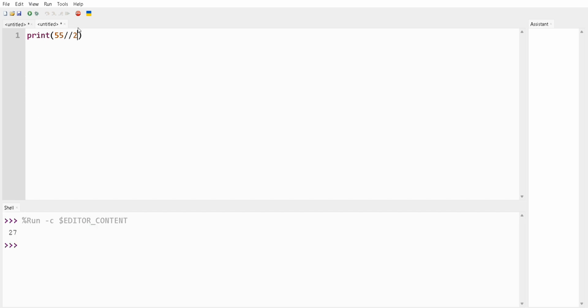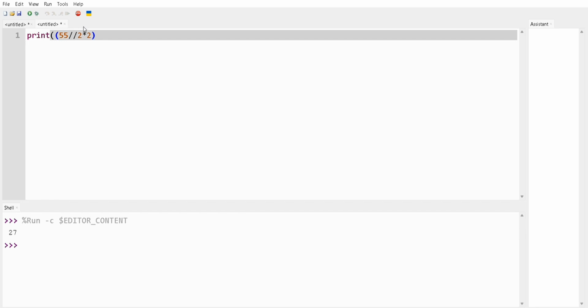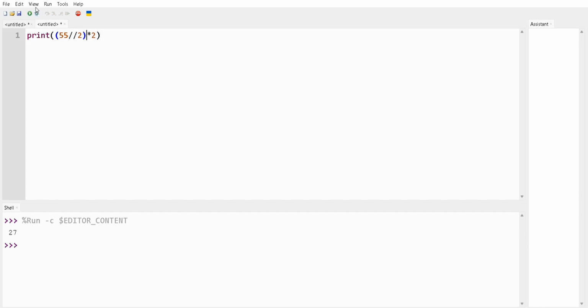So this value is getting multiplied by 2, right? Yes. If you see this, you will get the answer as 54, and 54 is not the same as 55, so it's